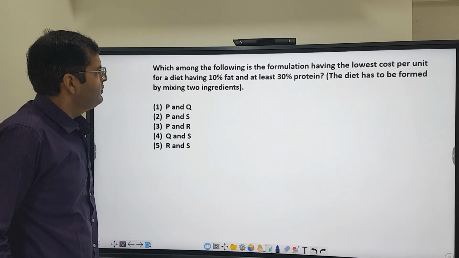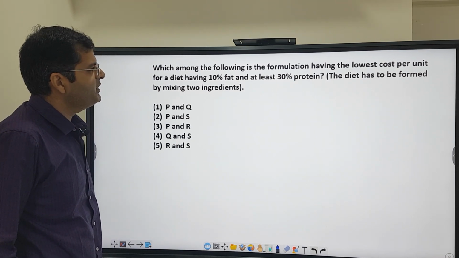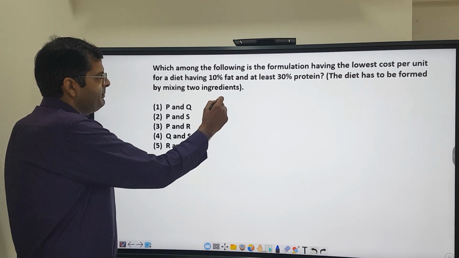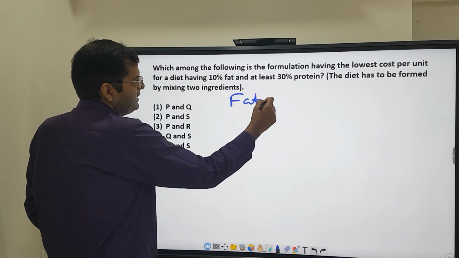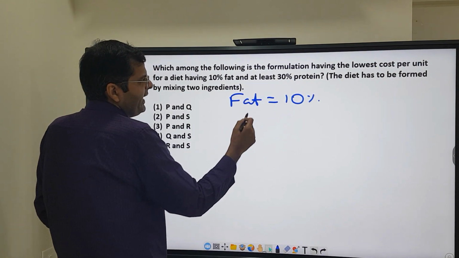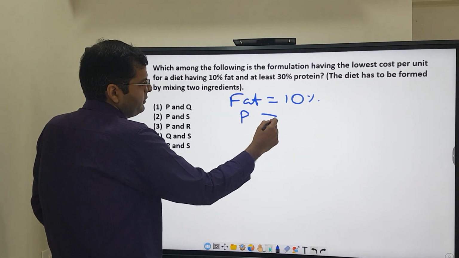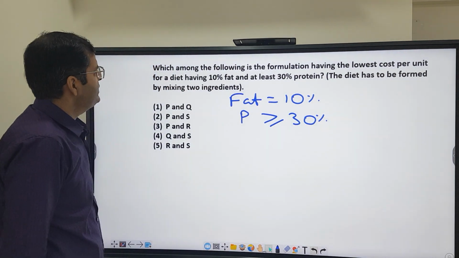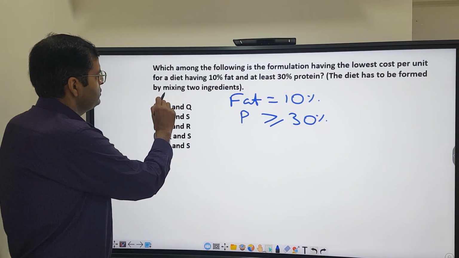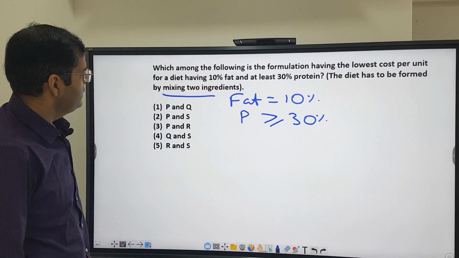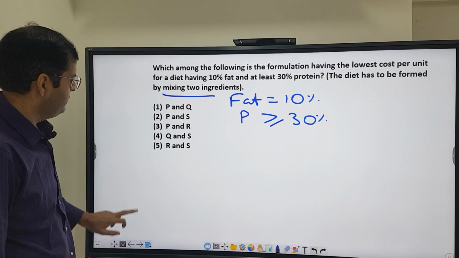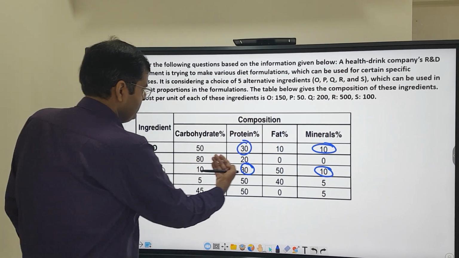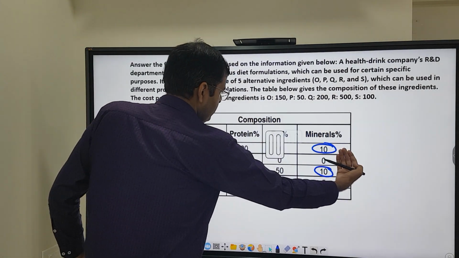It says, which among the following is the formulation having the lowest cost per unit for a diet having 10% fat, so fat is equal to 10%, and at least 30% protein. So protein is greater than or equal to 30%. The diet has to be formed by mixing 2 ingredients. So only 2 ingredients have to be mixed. So if you look at option by option, P and Q. First of all, if it is P and Q here,